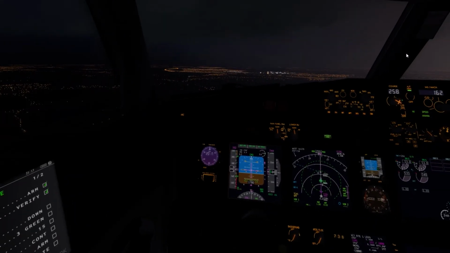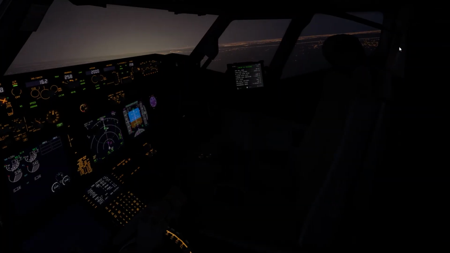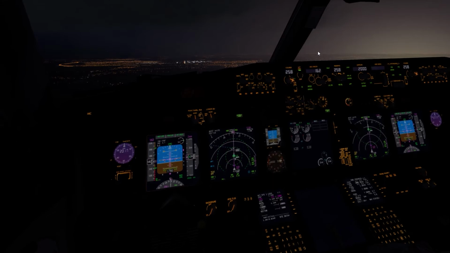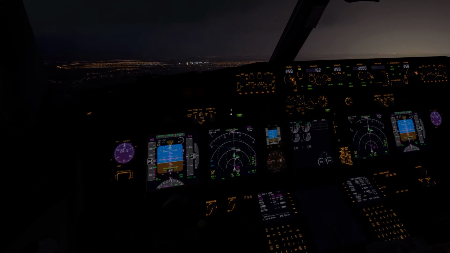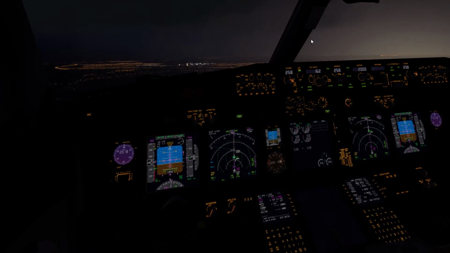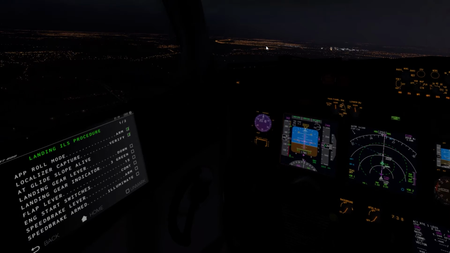So this should make for a nice landing, hopefully. Here we go. So we've got pink diamond now, so we can click approach. Single channel, locked onto the glide slope, so now we can go gear down